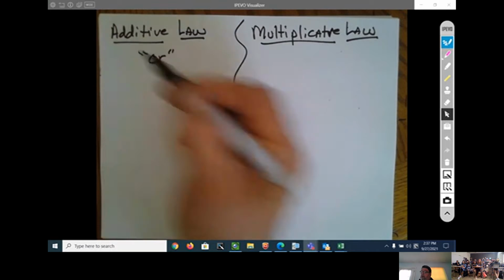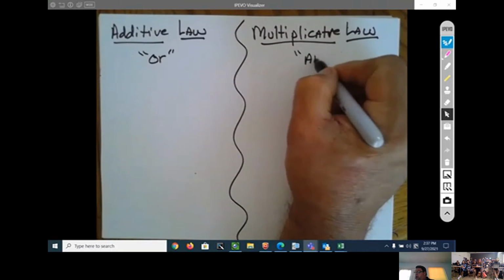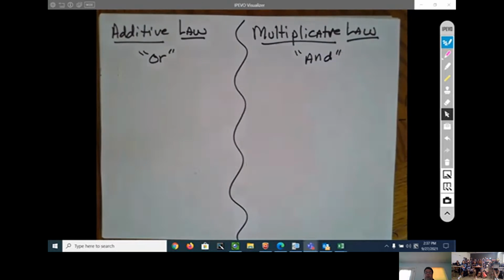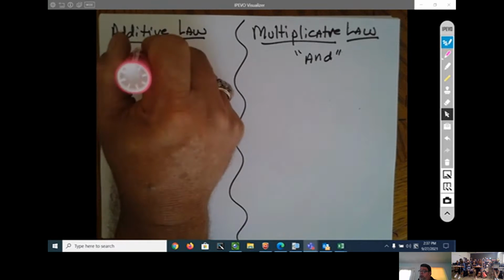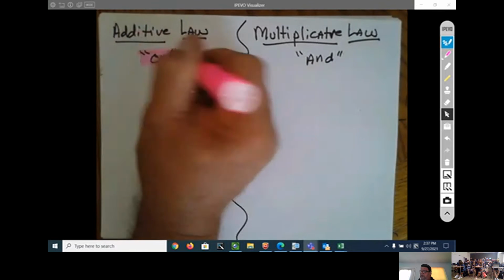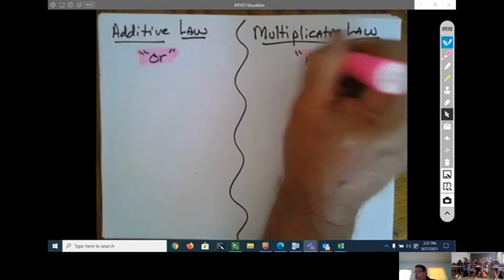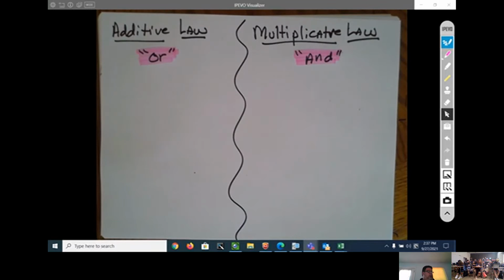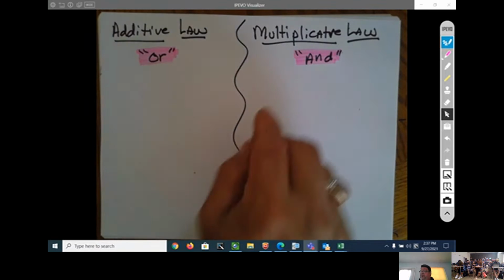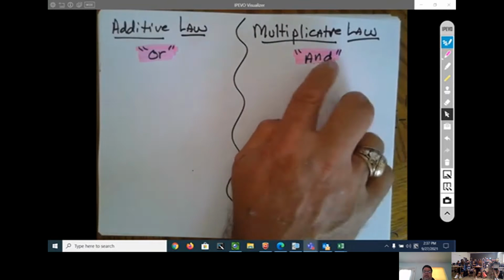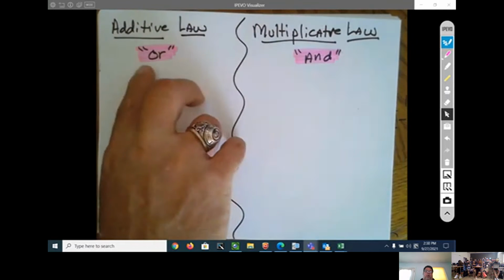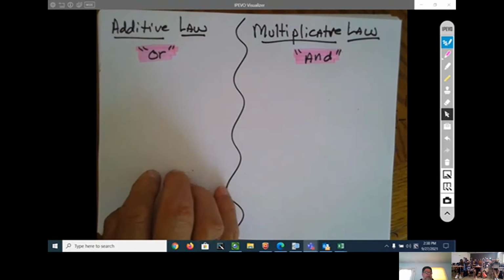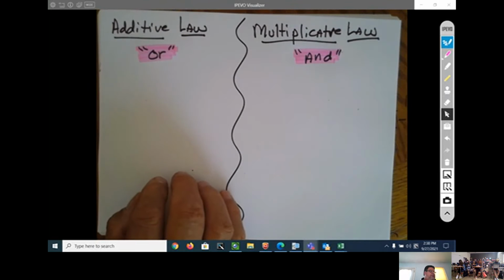Additive law. Multiplicative law. Keyword or, keyword and. At the end of the question, it will say, what is the probability of blank or blank? Or it will say, what is the probability of blank and blank? And means multiplicative. Or means additive. With the additive law, the only thing you have to look out for, and this is in red because it's important,